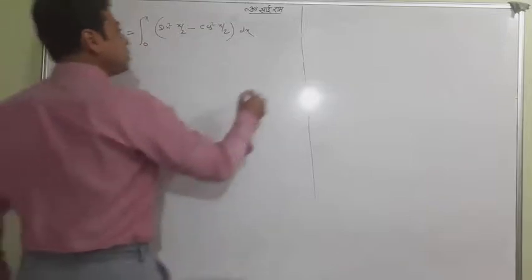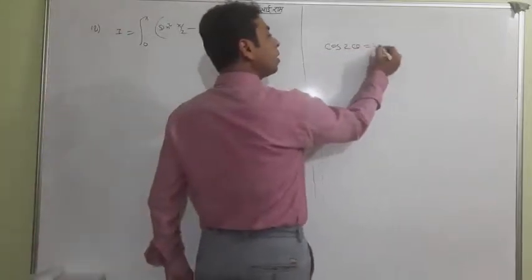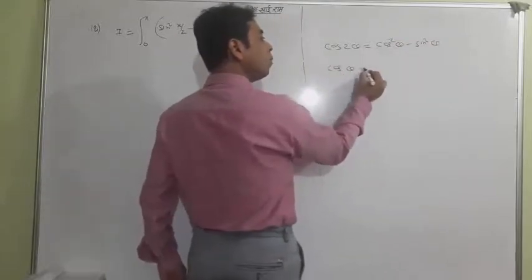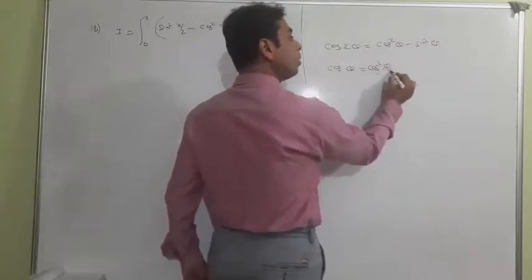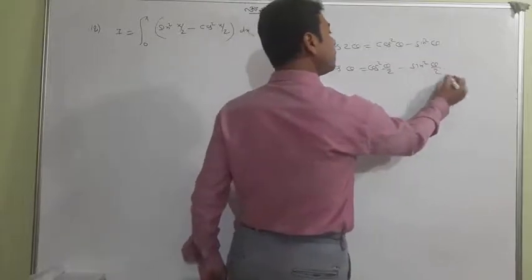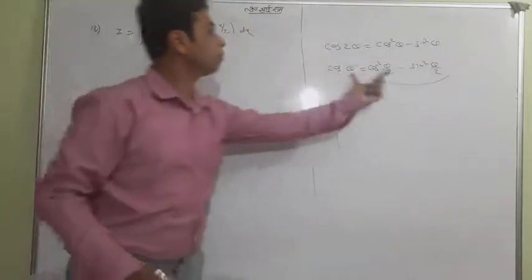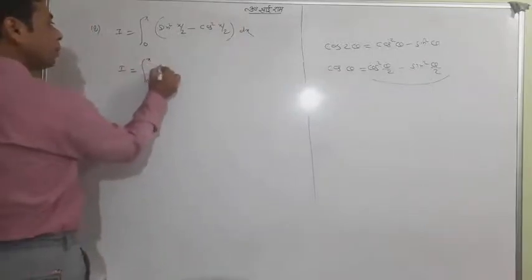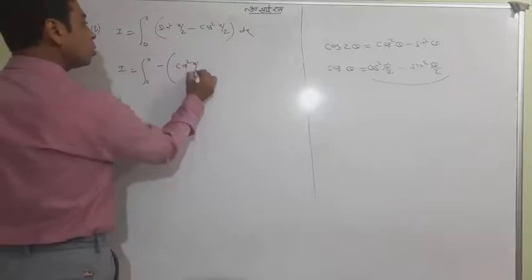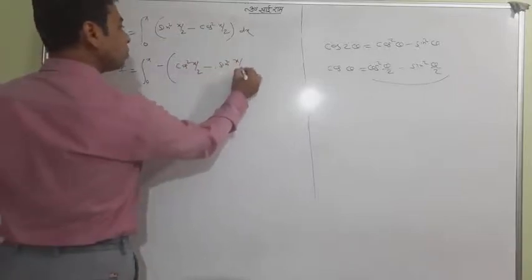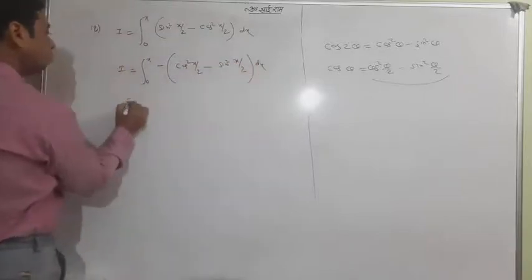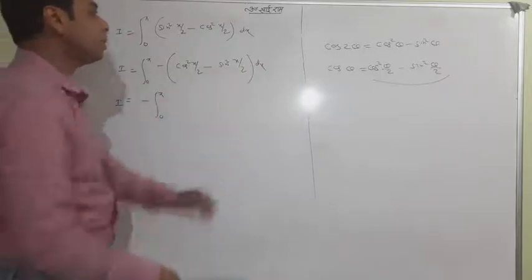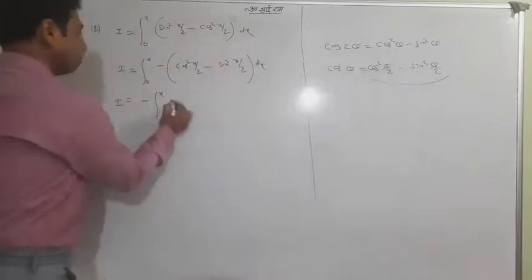I will tell you very fast that cos 2 theta is equal to cos square theta minus sin square theta. And cos theta equals cos square theta by 2 minus sin square theta by 2. If you focus, this is looking very much the same. So, what you will do now, you will take out minus common. So it's going to be cos square x by 2 minus sin square x by 2. Now this minus is outside and this whole is none else but the same, meaning cos x.